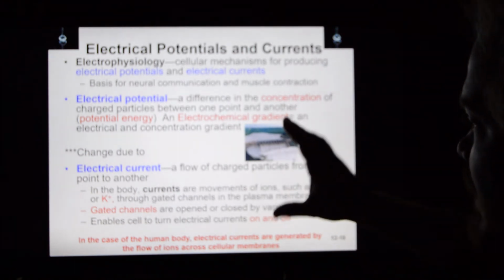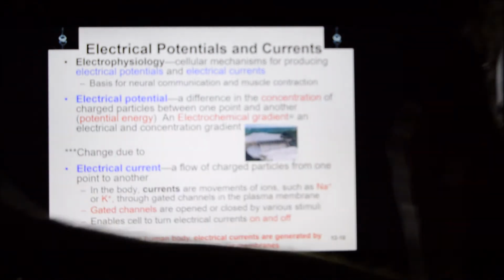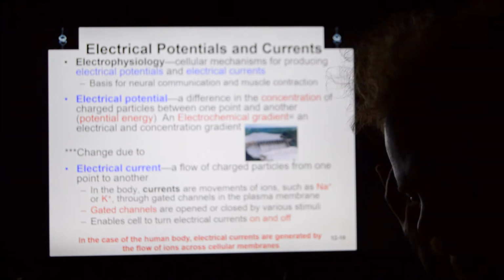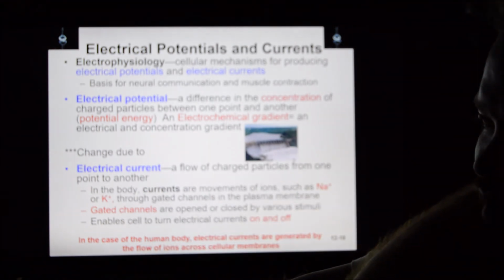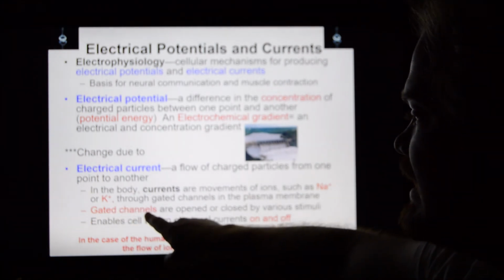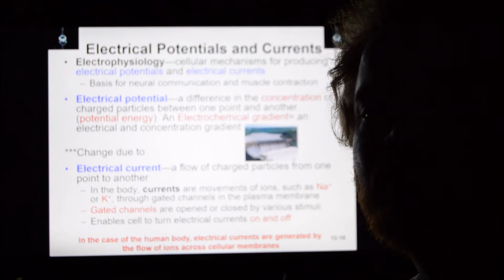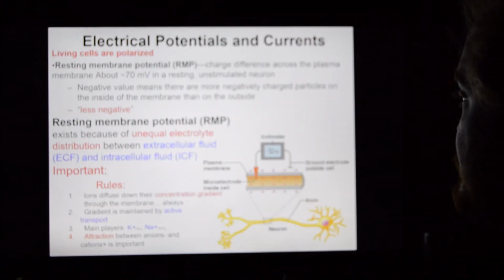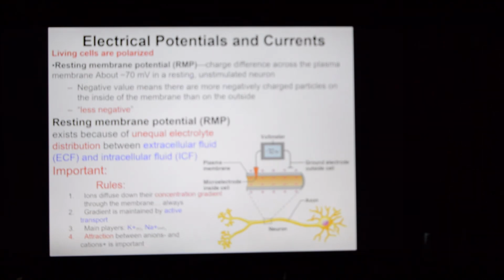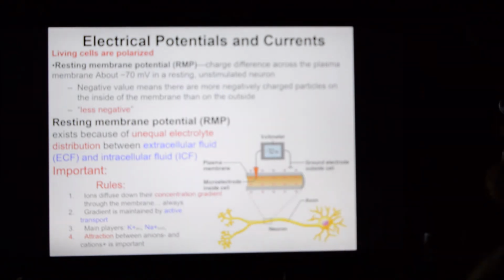So it's all about storing electrical charges using what we call a sodium-potassium pump to store sodium and potassium where they're supposed to be, and then when the nerve depolarizes, those ions exchange places through gated ion channels, not unlike how skeletal muscle works. So if you know how skeletal muscle works, you kind of know how this works. All right, living cells are polarized. If you could measure the charge on a neuron at rest, its charge would be about negative 70 millivolts.